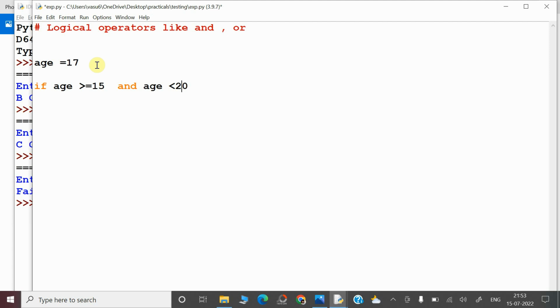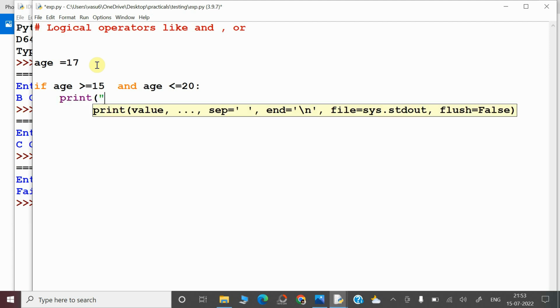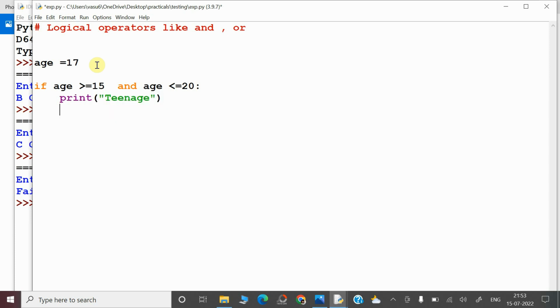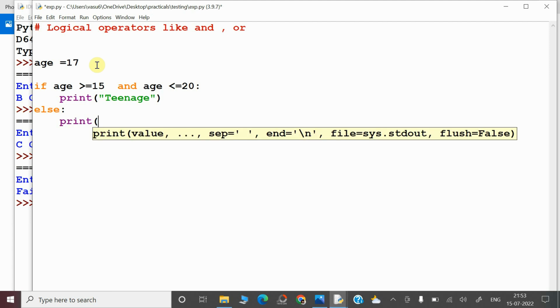Assume that 15 to 20 is called the teenage. Then I want to check two conditions, so you have to write it like this. Now print a message, teenage, else print